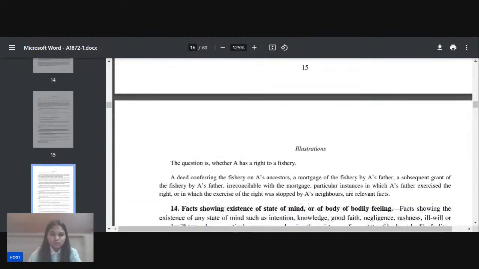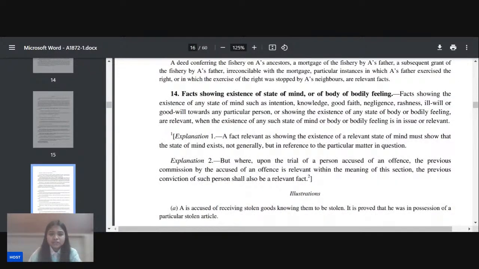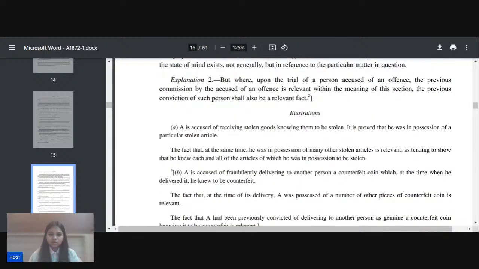Coming to section 14, facts showing existence of state of mind or of body or bodily feeling. Now if you see section 14, there are two explanations also attached with this section. So it talks about evidence of similar facts. The state of body and bodily feeling is given in explanation 1, and previous conviction of accused, or people who are repeated offenders, is given under explanation 2. Right? You have to go through the